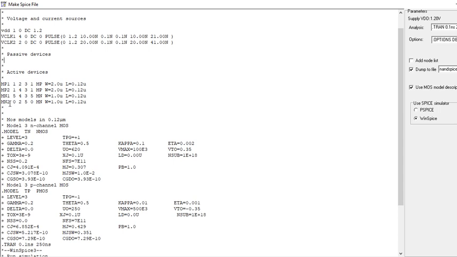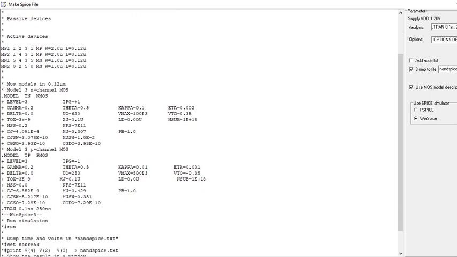There are two PMOS and two NMOS. So these two are PMOS, these two are NMOS. These are the node numbers to which they are connected: 1, 2, 2, 3. This is first drain, then gate, then source and bulk. Drain, gate, source and bulk, this is the order. So MP, NP, and in this MN, NO. This is the width of the transistor. This is the length of the transistor. So this is how it is defined for transistors. And these are the pulses.